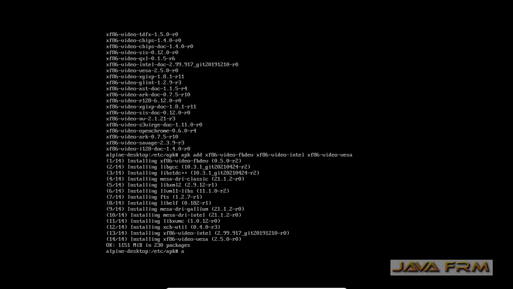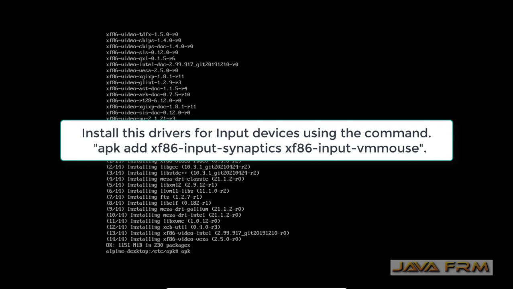Yes, so these three video drivers are installed successfully. These are very mandatory, otherwise the graphical interface will not work properly. So next I am going to